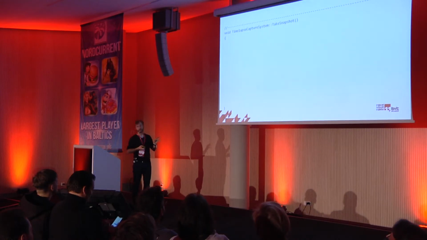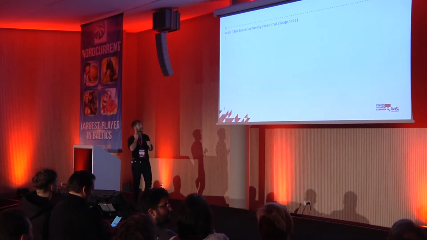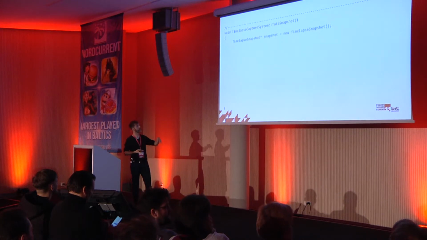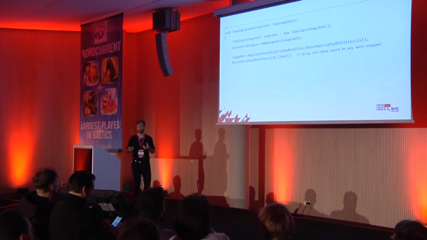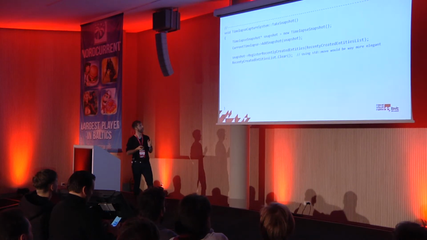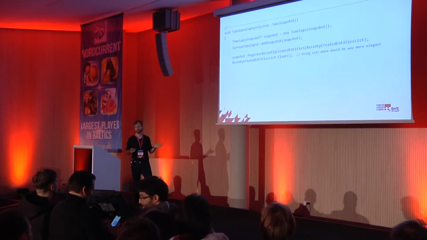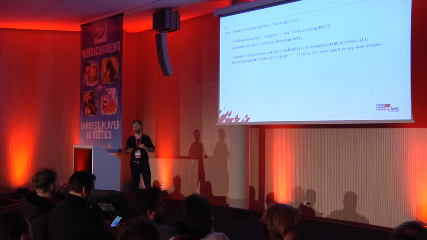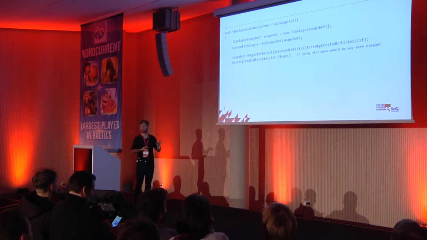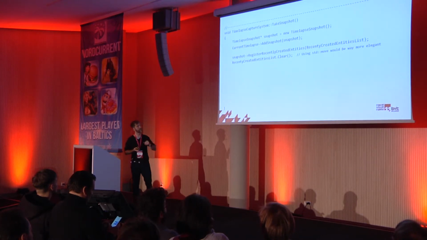Okay, so the last thing to know is the simplification of how the snapshot was taken. Of course, when the game calls the take snapshot method from our engine, we create a new snapshot and add it to the current timelapse timeline. In the snapshot, we tell which entities were created recently, and then we clear that list because obviously we've just passed the information to the snapshot. We don't need it anymore. Of course, for those of you acquainted with C++ move semantics, it would be more elegant to just use std::move on this list, but for clarity, I present it like that.